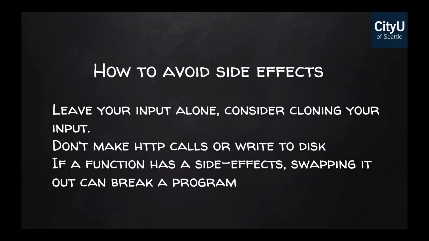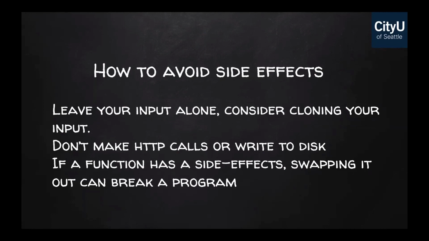And then how to avoid side effects. Leave your input alone. Consider cloning your input. Hence, we did the immutability. Every time you invoke a higher order function, it actually creates a new array. So we satisfy this, avoiding the side effects. And another thing is, don't make HTTP calls or write to disk. We do need this, but again, it's just for the concept, so to avoid side effects. Because if you create an HTTP call, if someone on that server changes their file or data, it definitely would